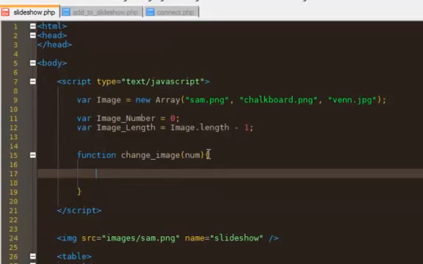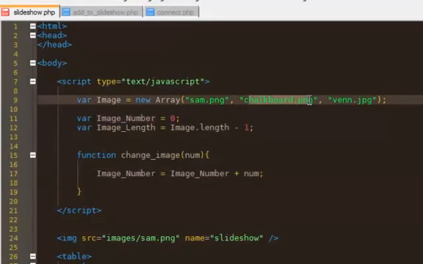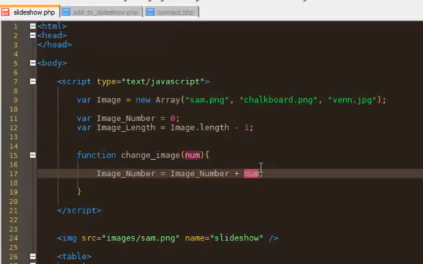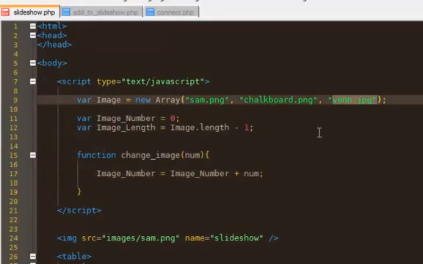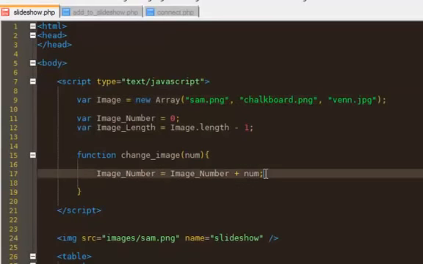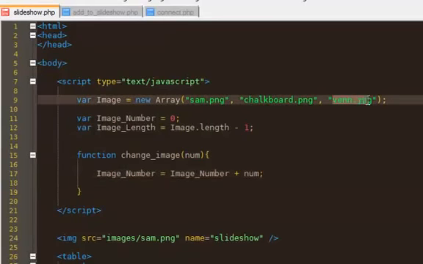Okay. So first thing we're going to do is say image number equals image number plus the number. So if you press next, this is a +1. It's going to take the location that you're currently at. Say it's location 1. It's going to add 1 to it, so it's going to get you location 2. So then you're at, in this case, the